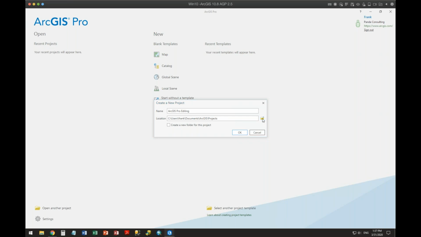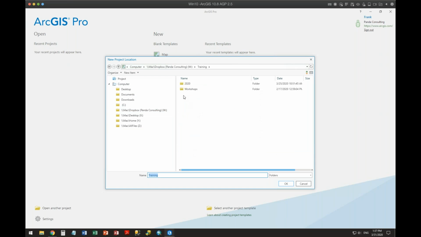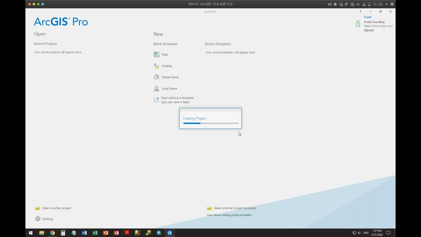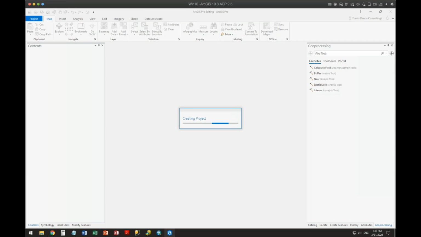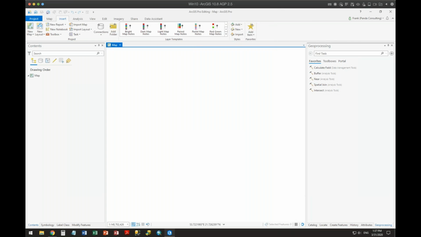And then, where is this data located? On mine, I actually have it on a shared folder out on my server, but you can have it local or whatever. This is the folder. Now, what this is going to do, and I'm going to look at this once I get it in place, is open up and create a new map document, but load nothing in there. It's just going to be completely empty.